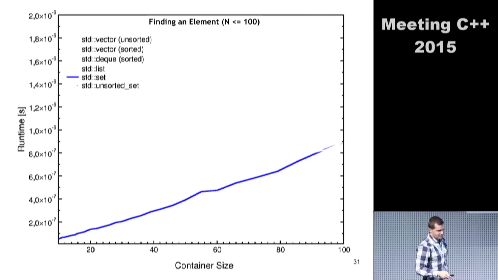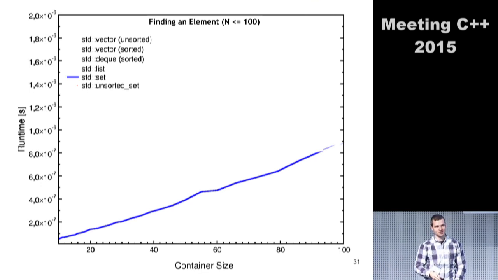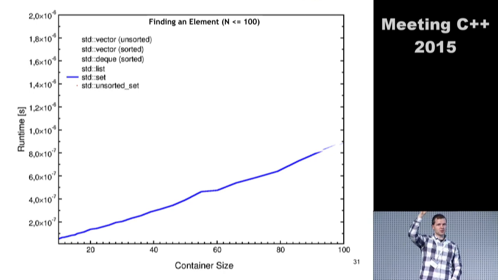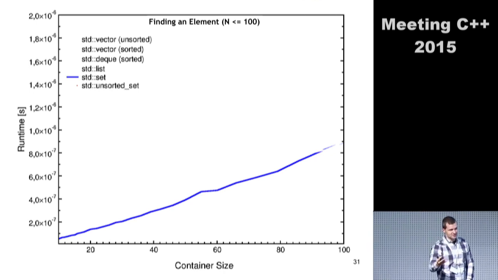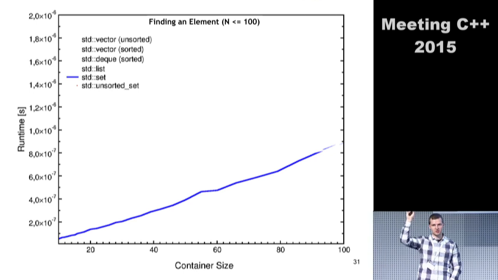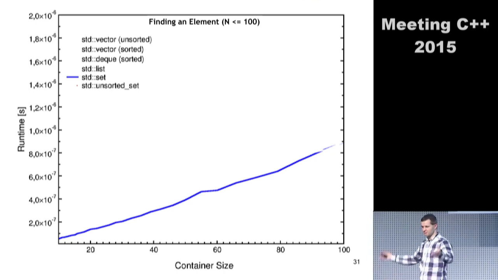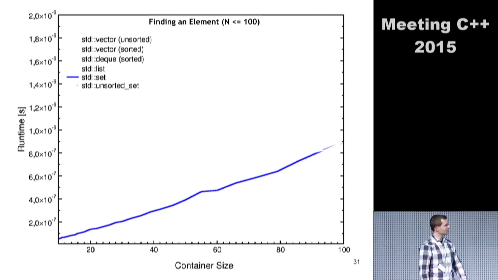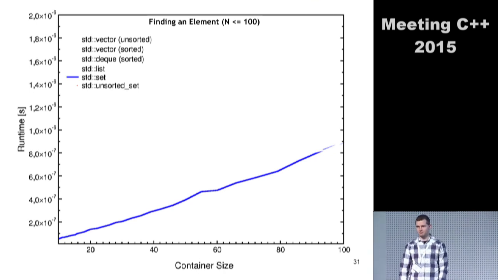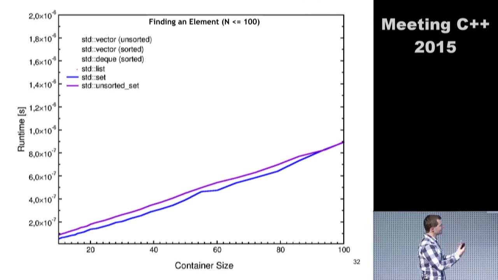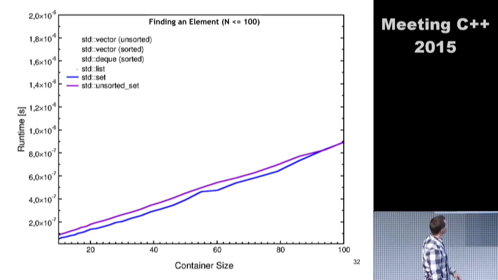Unordered set. Okay, what's the estimation? Do you think this should perform better? Yeah, so who thinks it should be better? Okay, this is about a third. Okay, the alternative is it should not run better. So who thinks it should run worse? This is about another third, and the rest thinks should be about the same. Yeah? It's about the same. Yeah, it's just 100 elements. But truly, I cannot really gain any advantage from an unordered set.